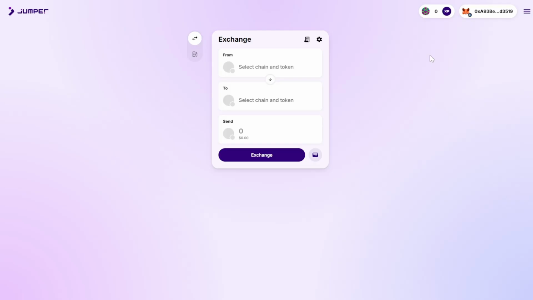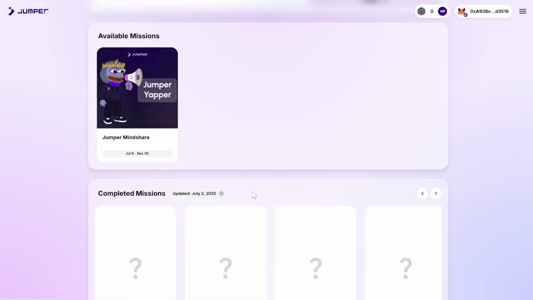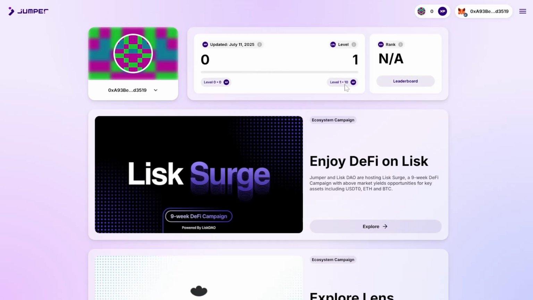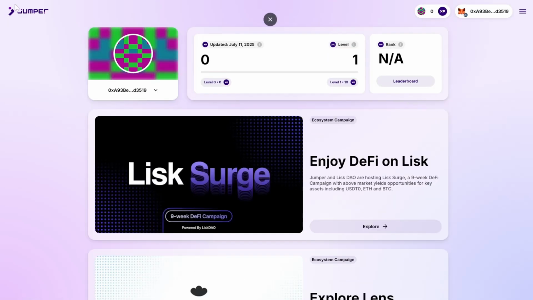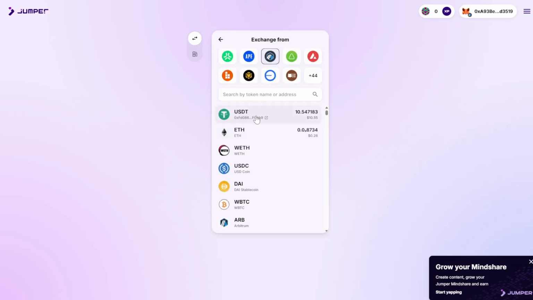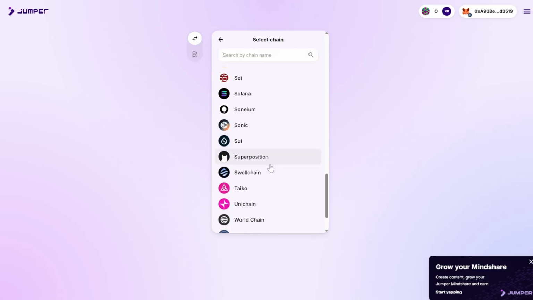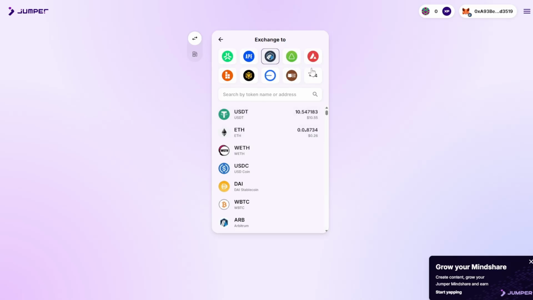Now with the Jumper Bridge, you can earn XP, if we can check that out here. So the more you bridge, the more XP that you can earn for future airdrop programs. Let's just go back now. And we can see here I have my USDT, all the different chains that you can use, my USDT here, and we are going to click